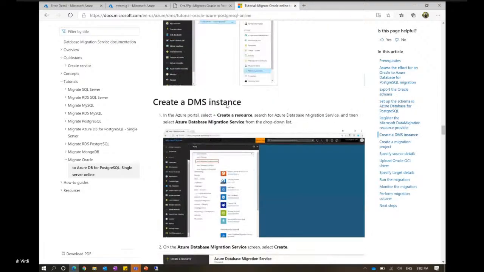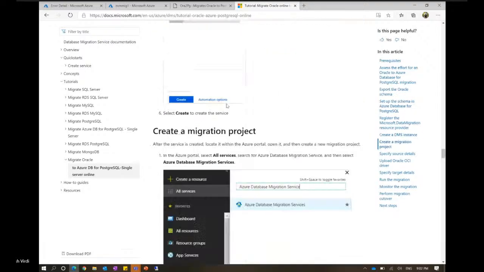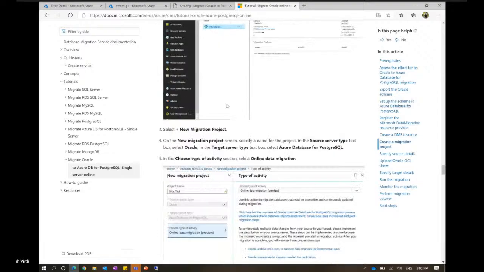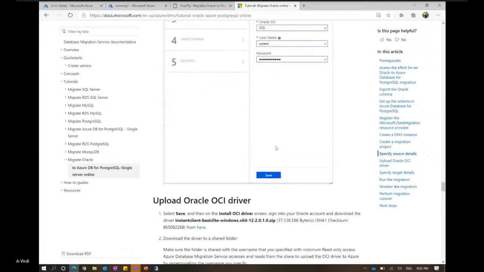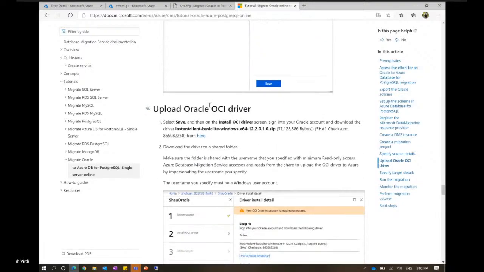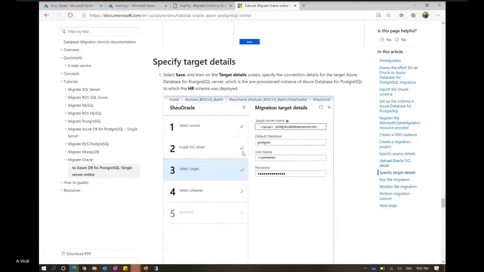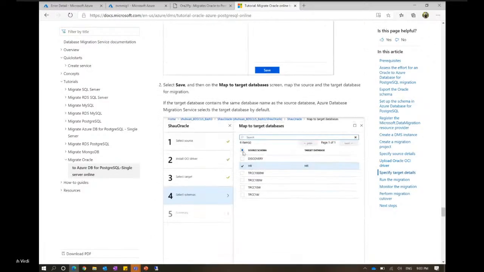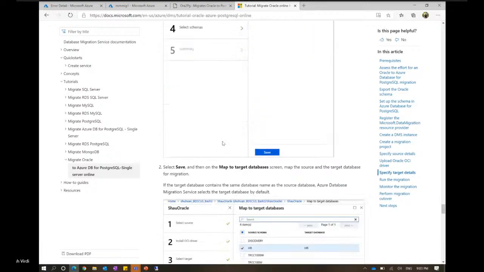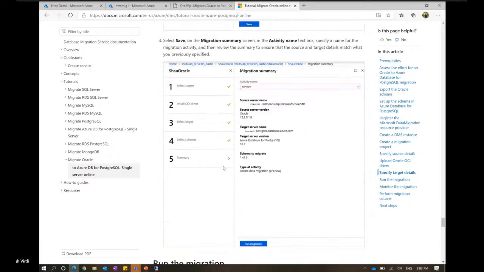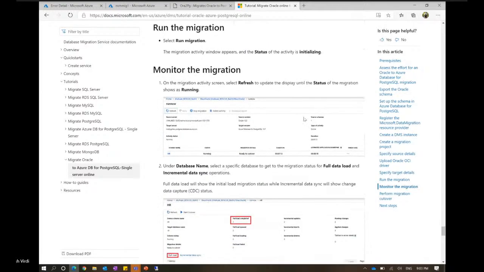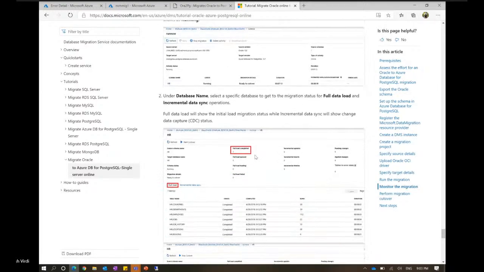So once you go ahead and connect to your Oracle database, it needs an OCI driver to connect to the Oracle. Once it is connected, you specify the target and then specify which schema you want to migrate, and that's it. Then it will do the automatic migration.